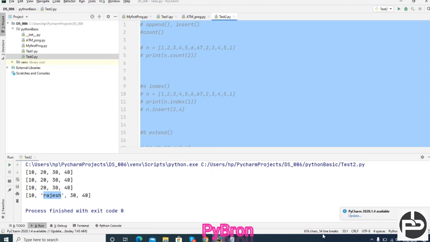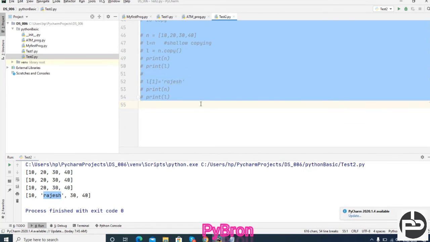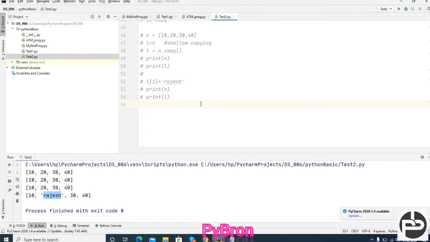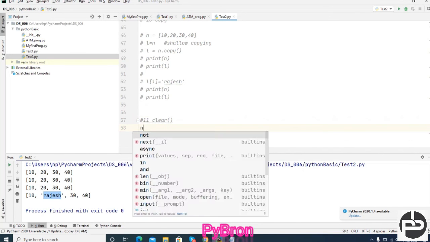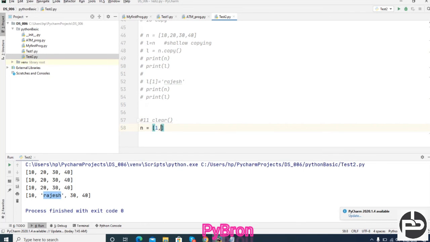Yes, there is one more function, the 11th function, the clear function. Clear is one of the functions which is used to clear the list. Suppose N is equal to 1, 2, 3, 4, 5, 6, that's all.